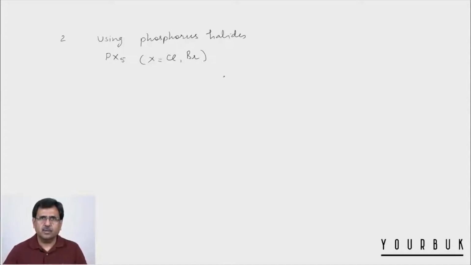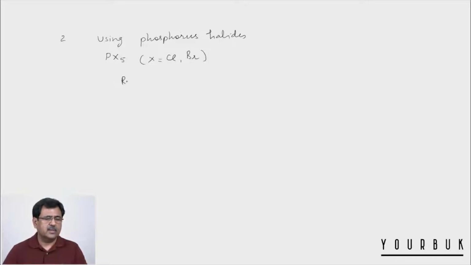This is number two, from alcohol using phosphorus halides. Now first we are using phosphorus pentahalides, PX5, where X can be chlorine and bromine. Now this PX5 performs a dual role. It acts as a Lewis acid due to the presence of empty d atomic orbitals, and also supplies Cl- ion due to the presence of weak phosphorus chlorine bond. So it is acting as a Lewis acid as well as chloride or halide supplier.